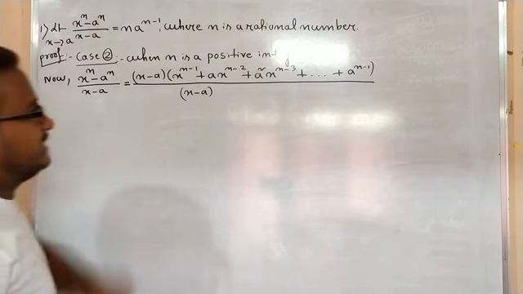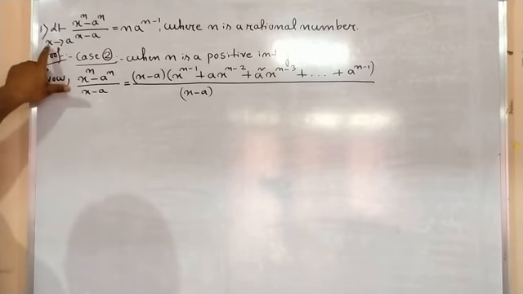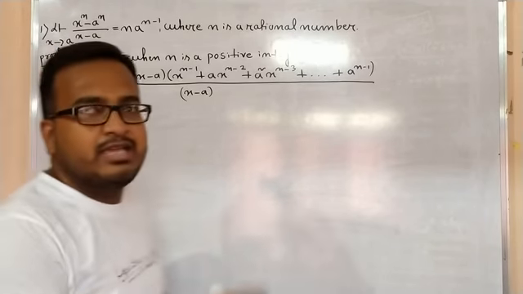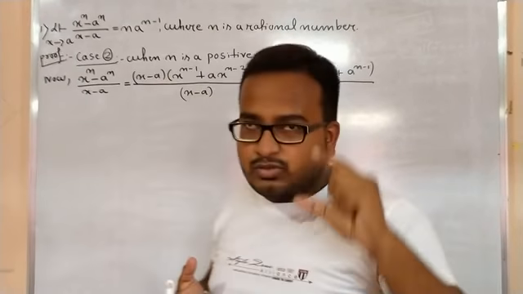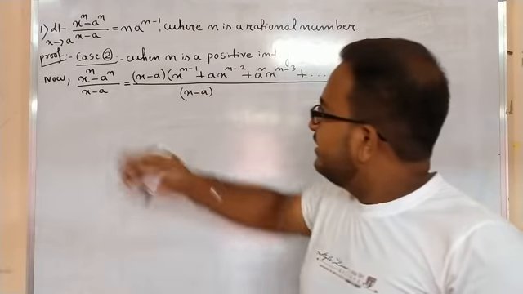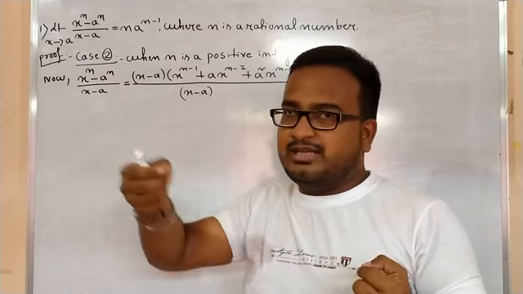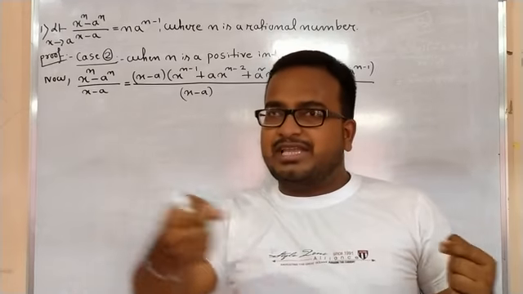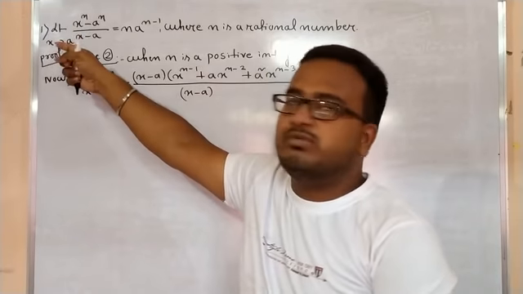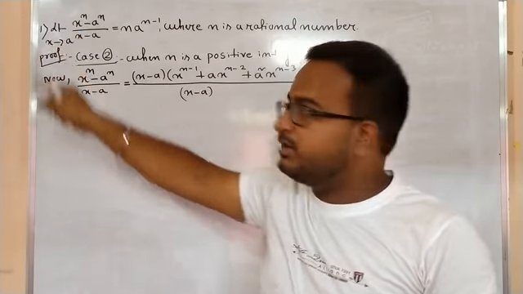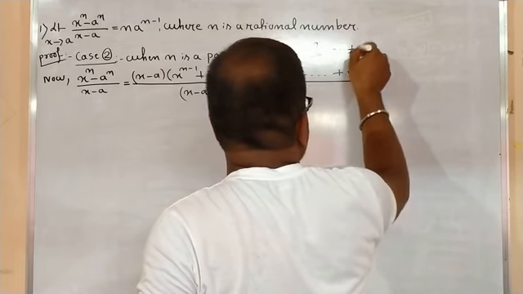Now this x minus a cancels, because it is what? Limit x tends to a, right? That means the variable x is approaching towards the point a, but x cannot be equals to it, right? This is what the meaning of limit, isn't it? Here this variable x is approaching towards the point a from any side. It may approach toward the left side, or it may approach from the right side, but this is not exactly equals to it. This is what the definition of limit. So you can write also, and x is not equals to a, right?